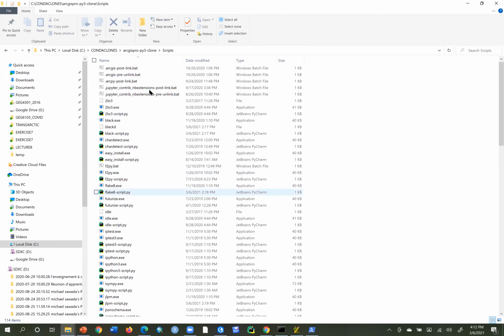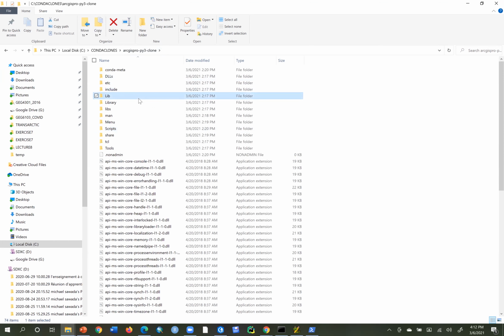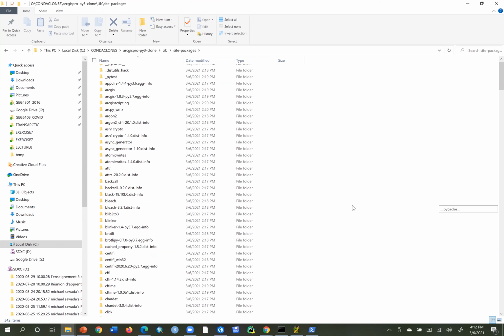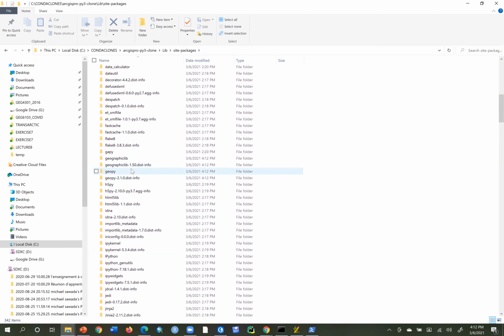Let's go back and check to see if it's there. So I'll go back to ArcGIS Pro Py3 clone lib site packages. And I should see GeoPy is now there. And of course, the info distribution folder,